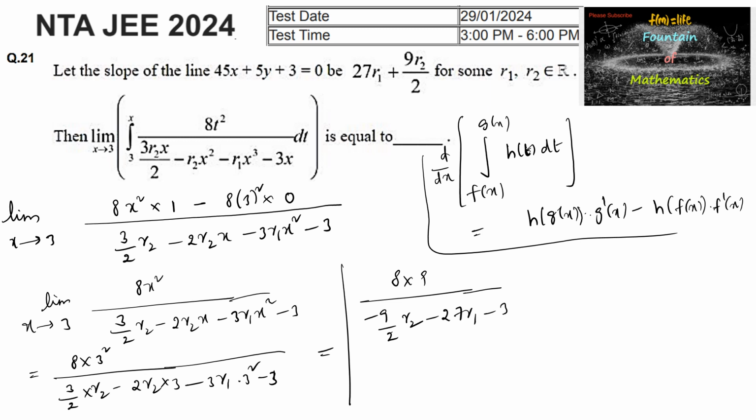So from the first equation we have 9 upon 2 r2 plus 27 times r1 is equal to 9. So from that we can write 72 divided by, so we can write here 9 upon 2 r2 minus 9 upon 2 r2 is minus 9,